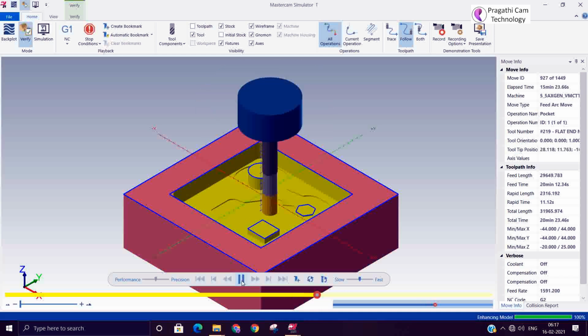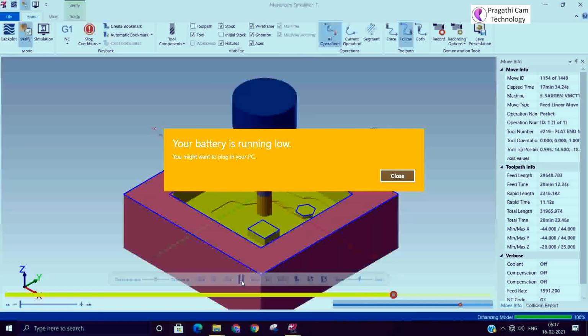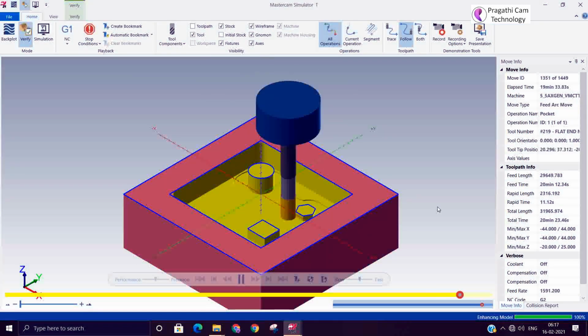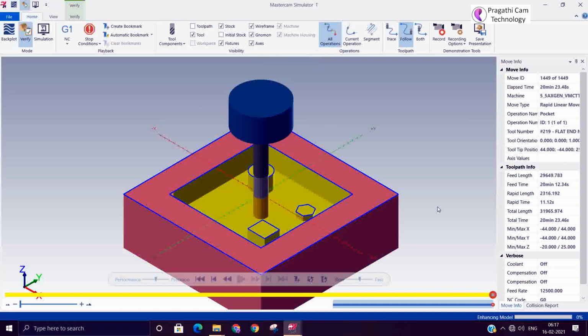This is called the island facing. This is a very good tool path.